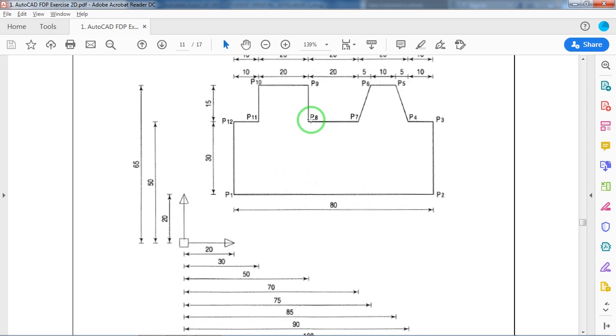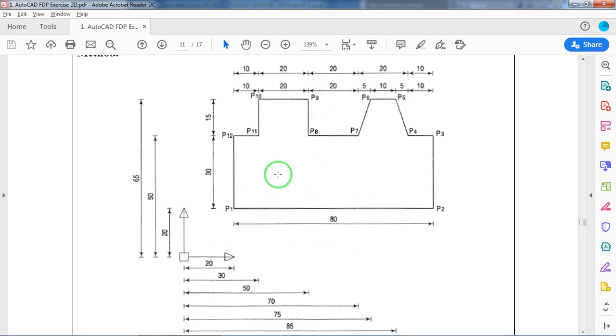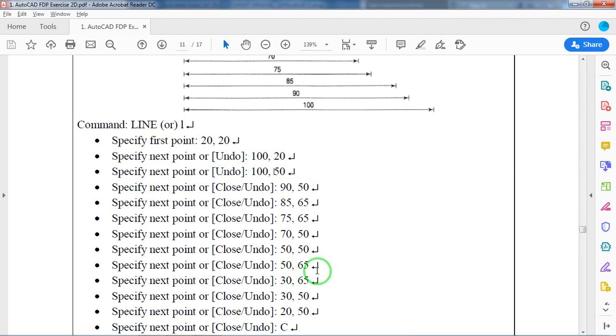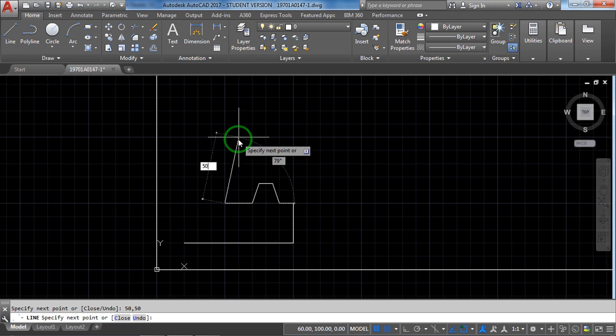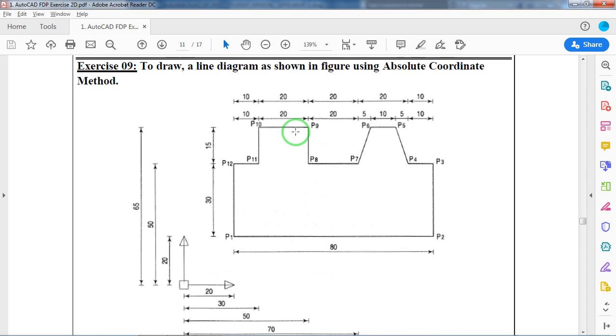This is P8. P8 is nothing but, see this, x direction 20 here. Next 30, 20, 50. Y direction 20, 30, 50 comma 50. After P9, P10: after 50 comma 50 you can see 50 comma 65, upside. Now towards this side you can calculate P10. What will be the location of P10? X-axis 20, y-axis 20 plus 30, 50. 50 plus 15, 65. That is 20 comma 65.